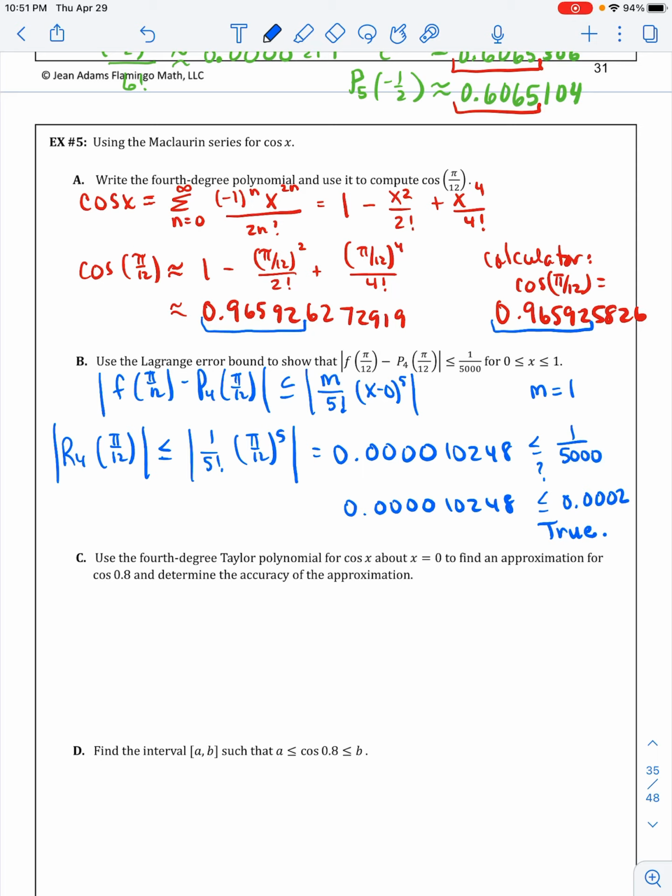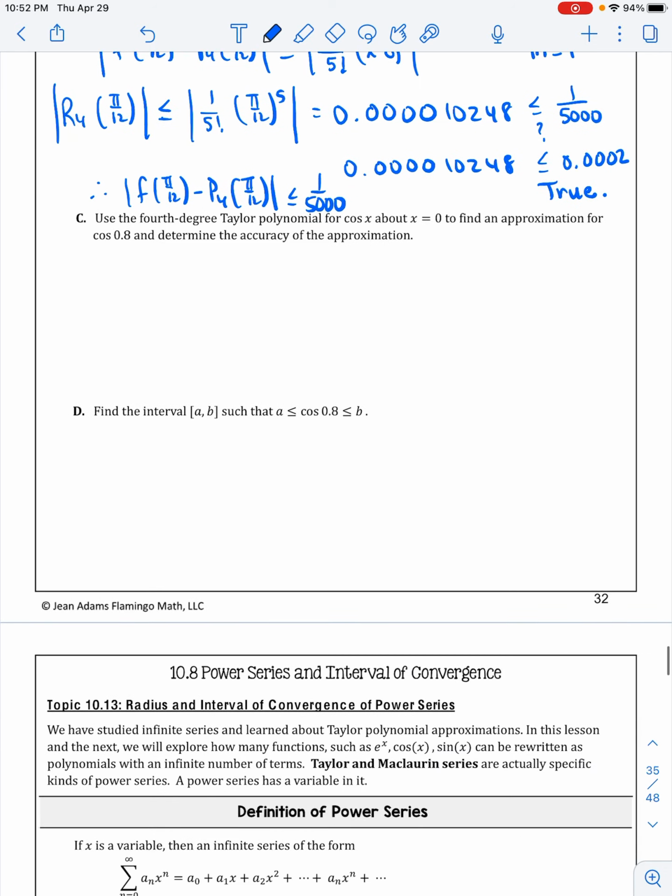And so I'm comparing this, and this is true. And so I guess you can say, therefore, the absolute value of f of pi over 12 minus p sub 4 of pi over 12 is less than or equal to 1 over 5,000. All right, so part C,